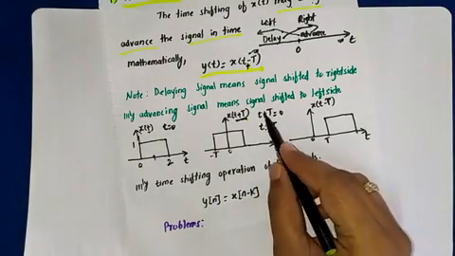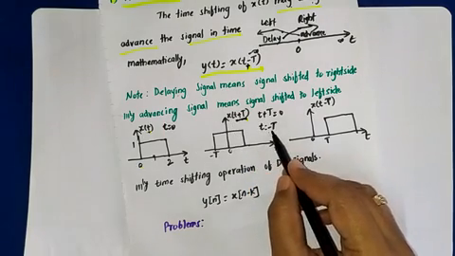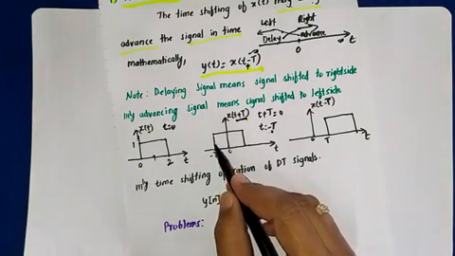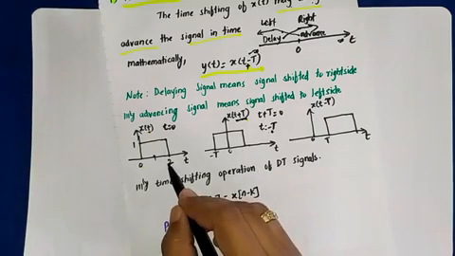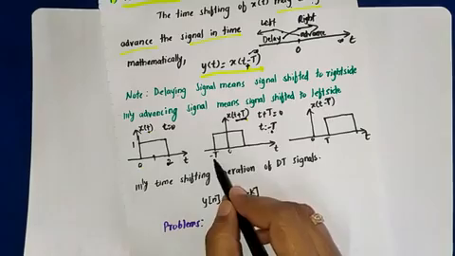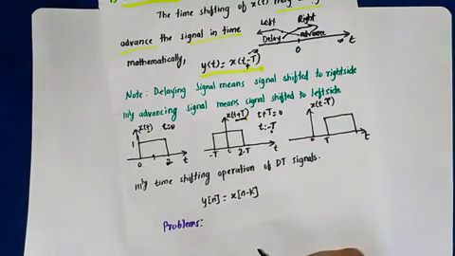So you can see here with respect to this, your shifted signal will start at minus t. So that's what is done here, at minus t it has started, and where will it end? You can see it is 2, right? But it is advanced by an amount of t, so it will be 2 minus t.